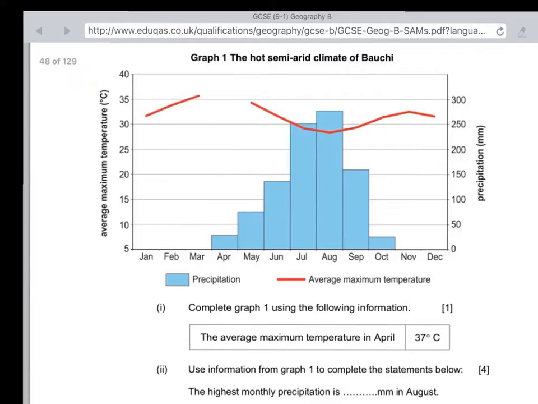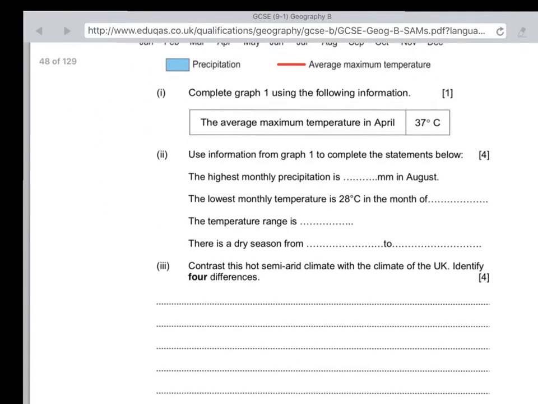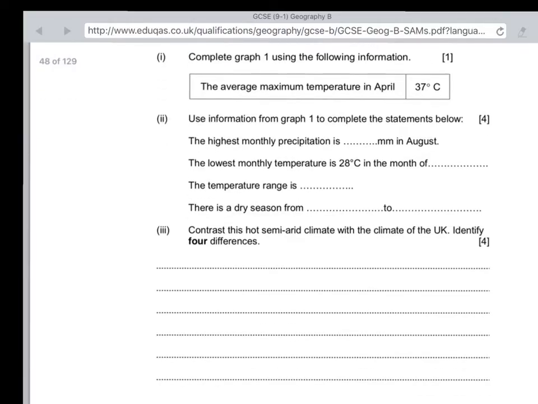And so the next question shouldn't be too hard. It asks you to complete some information: what the highest temperature is, lowest temperature, the highest monthly precipitation, what the temperature range is, and where the dry season is. Then it asks you to contrast: you've got to say what's different with the UK, identify 4 differences. Basically, if you have a look here, they've almost given you it. In the UK, for example, you would expect 100 or 200 millimetres of rain at most. Obviously, the highest monthly precipitation for this place is